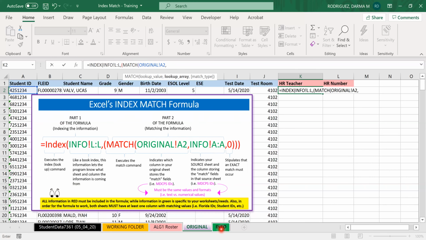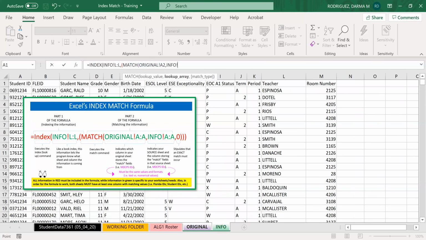So we're going to go to info. And where here can we find the match? Well, the match happens to be in column A again. Now, it could be that this is column C or it's in column I. It doesn't matter where it is, but we do want to select it. So in this case, we're going to select A, and you'll see that it, once again, continues to complete the